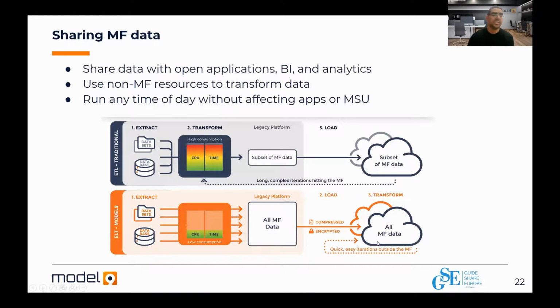So you can send all your historical data, maybe all of your historical DB2 images, all of your current primary data, send it all out to the cloud very efficiently and very fast while including compression and encryption. Once the data is in the cloud, all the transformation can happen there. And Model 9 suggests that's the way you should do it.